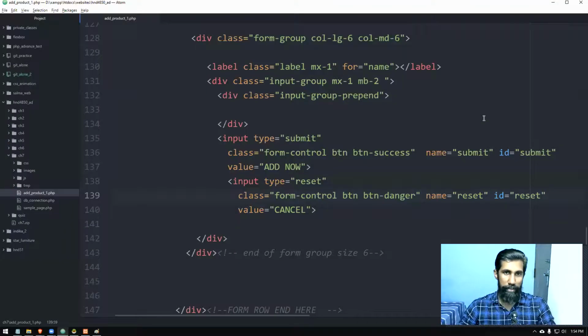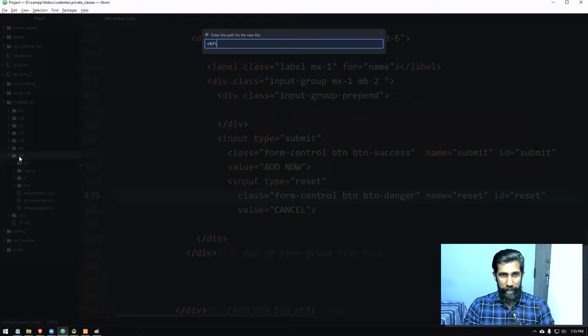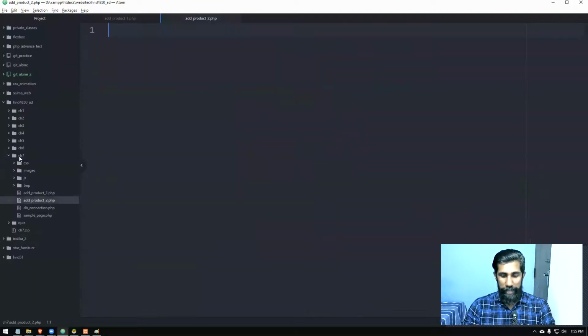Okay, right, watch this. So for this project, inside chapter 7, again, I'm creating a new file. I'm not duplicating anything, creating a new file. Letter A I pressed, then I'm creating add_product_2.php, and this file is going to be a pure PHP file, right?